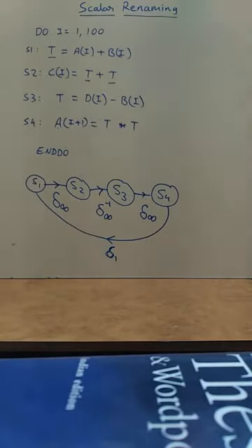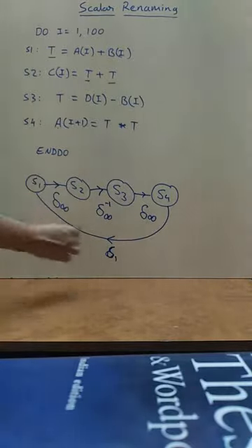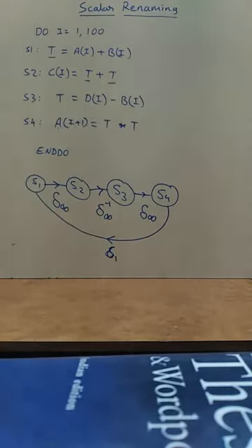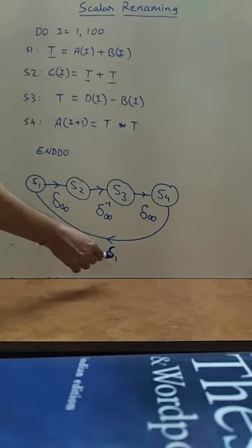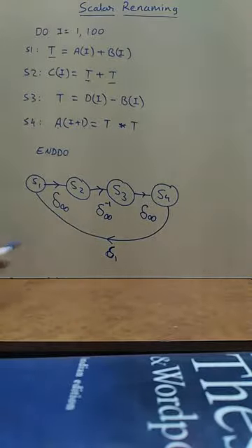Now here you will see that if you try to vectorize this program, vectorization is not possible because of this cycle. We have a cycle: S2 depends on S1, S3 depends on S2, S4 depends on S3, and then S1 depends on S4. So a cycle is there, and in that cycle you have one loop carried dependence. That's why we cannot vectorize this program.